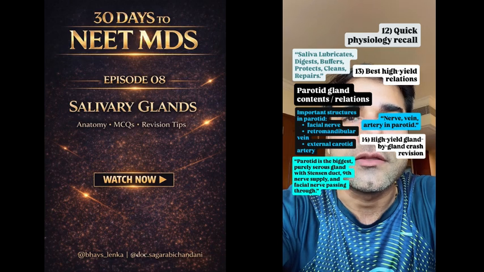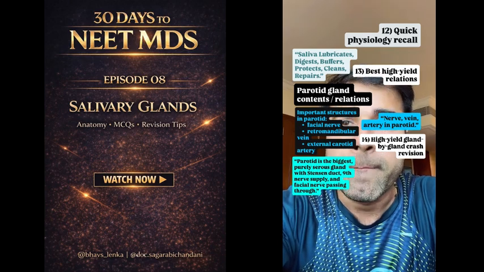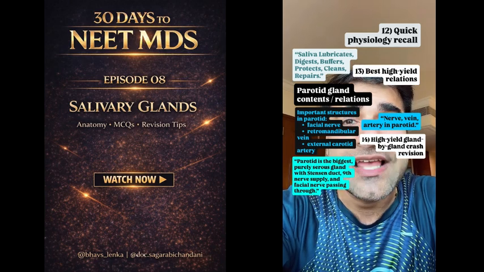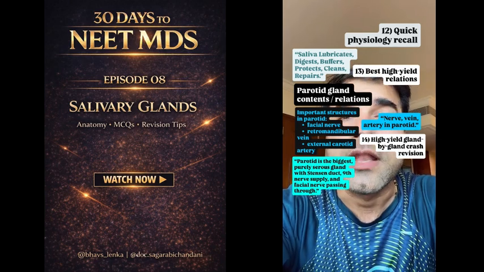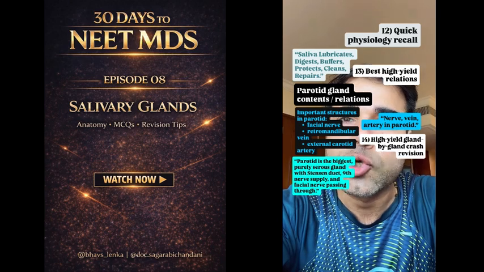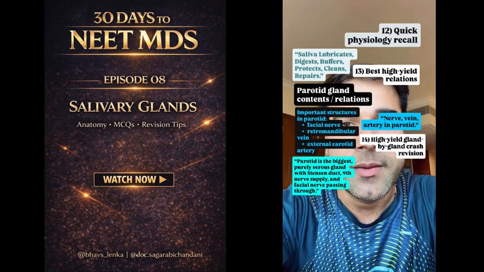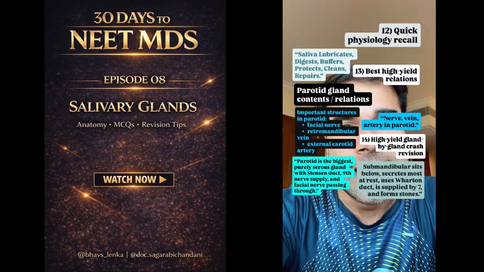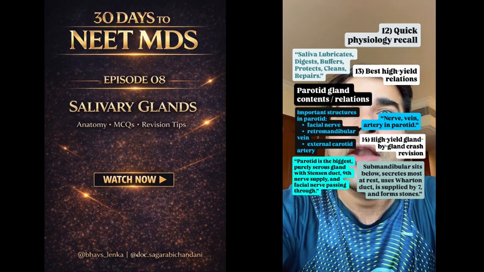facial nerve passing through. Submandibular: mixed, mostly serous, Wharton's duct opens near the frenulum. Parasympathetic, cranial nerve number 7 via the chorda tympani, largest contributor at rest, most common gland for stones. Memory sentence: submandibular sits below, secretes mostly at rest, uses Wharton's duct, is supplied by 7 and forms the